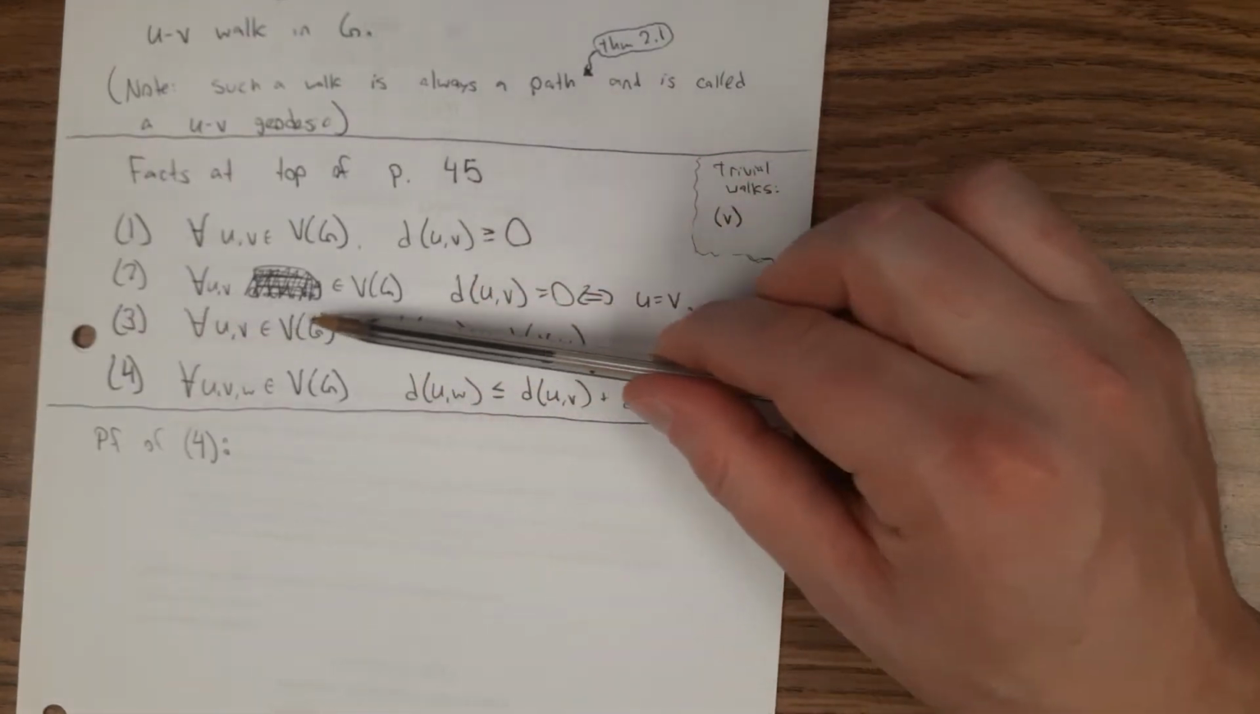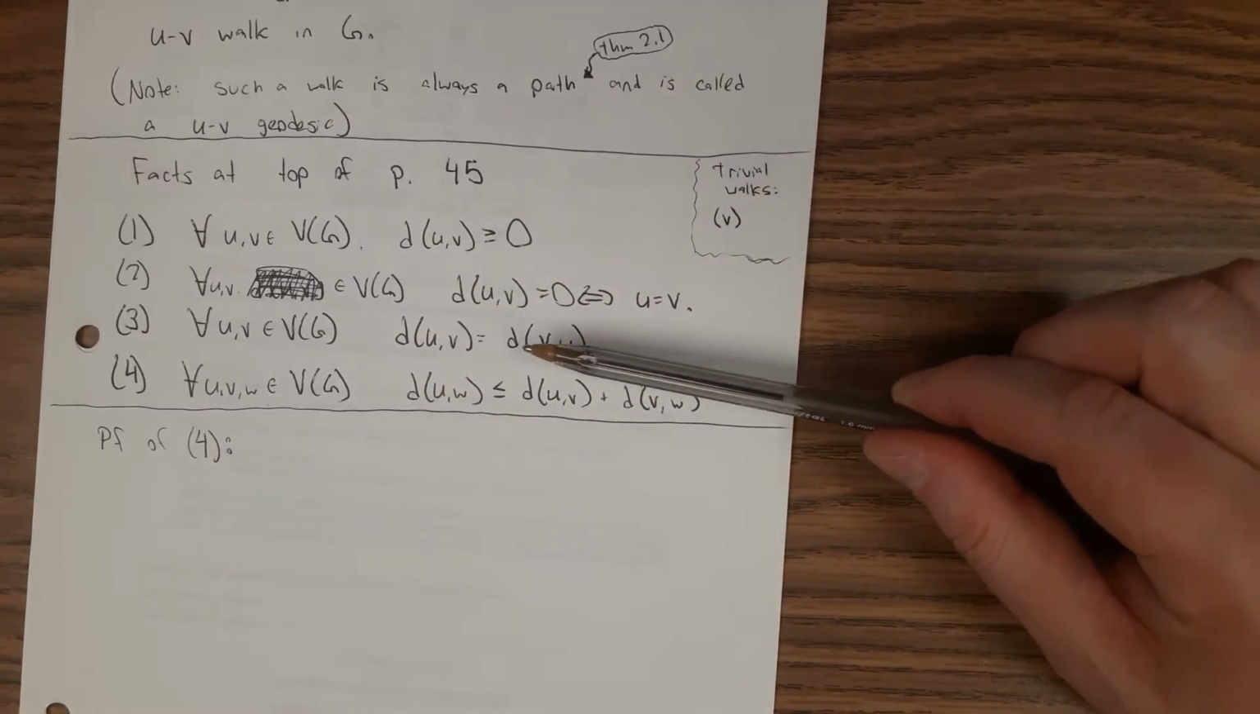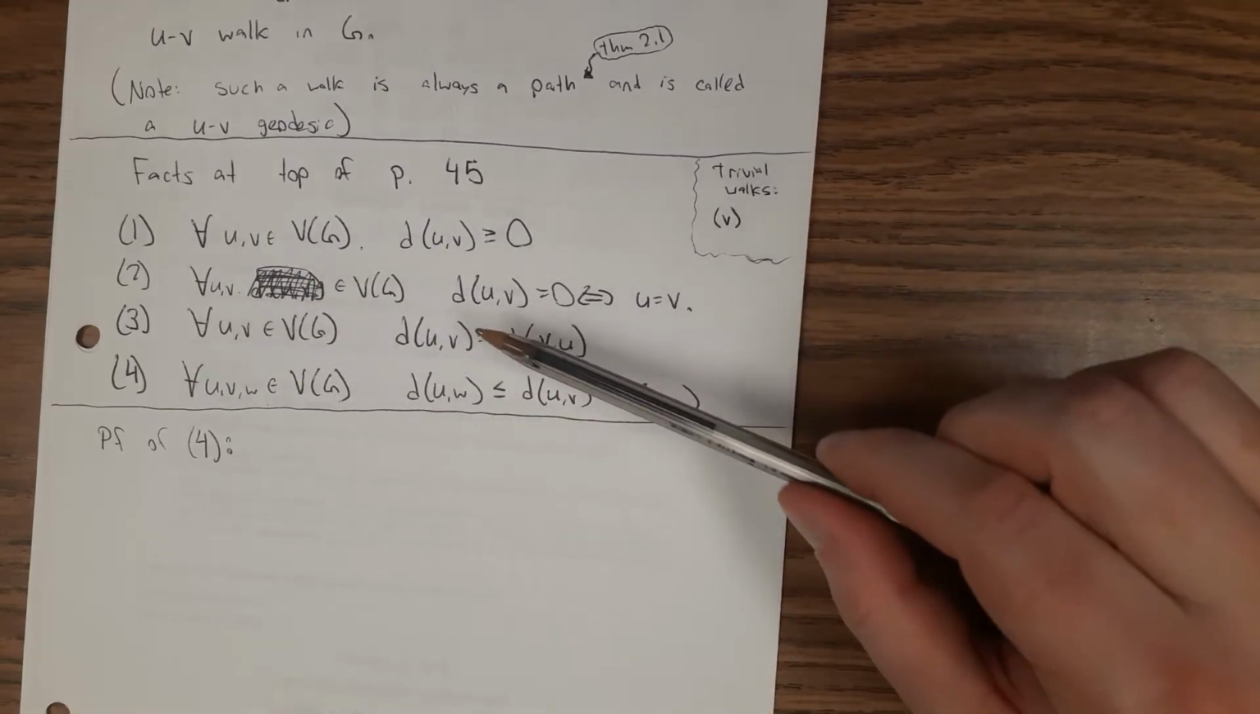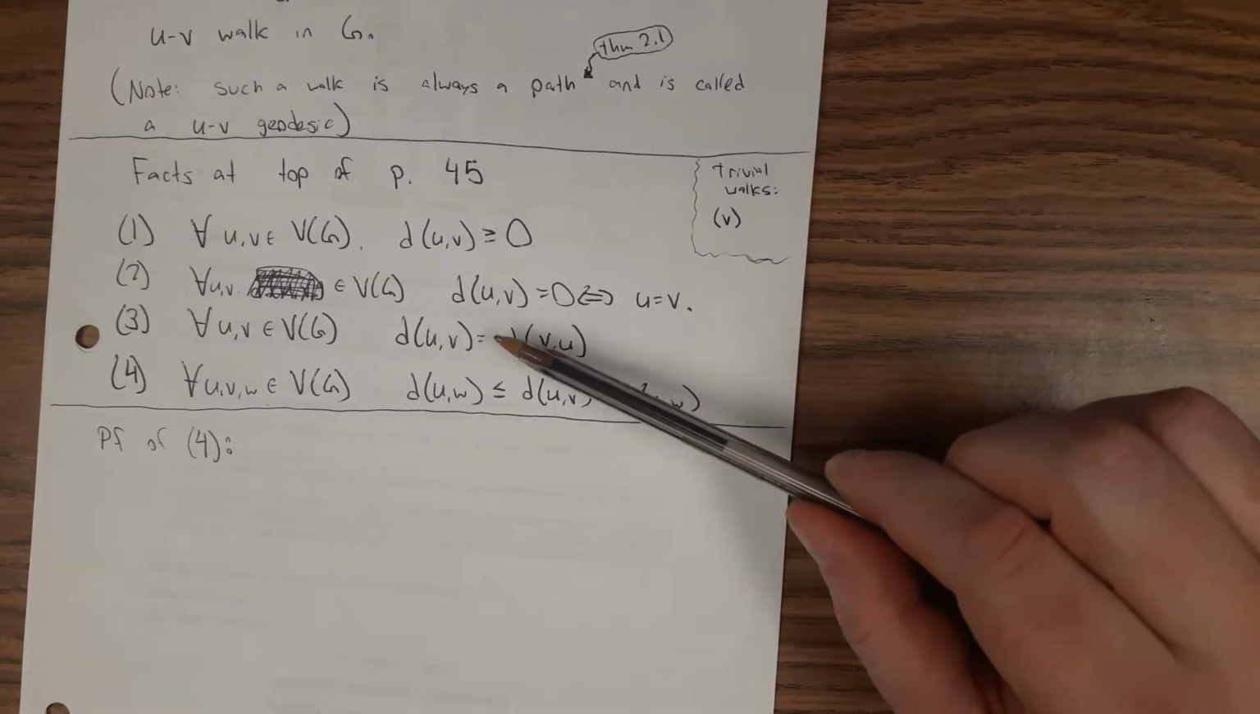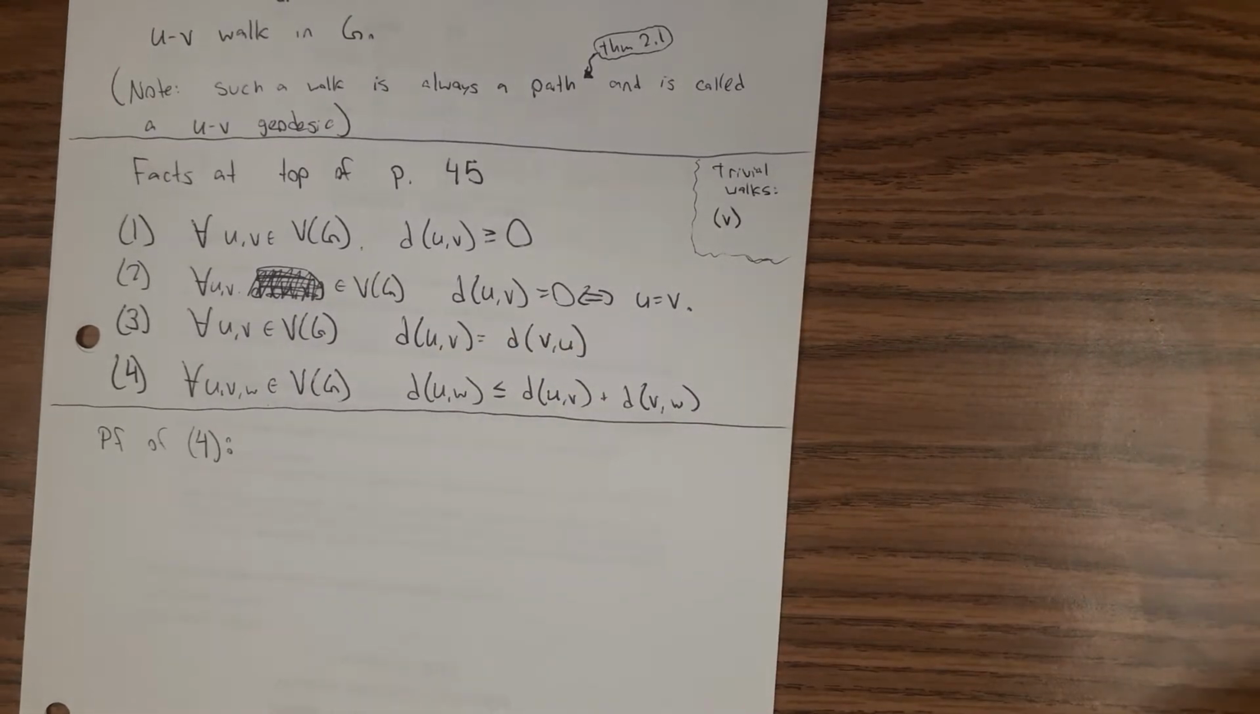Let's talk about property 3. For all vertices u and v, the distance from u to v equals the distance from v to u. And this is